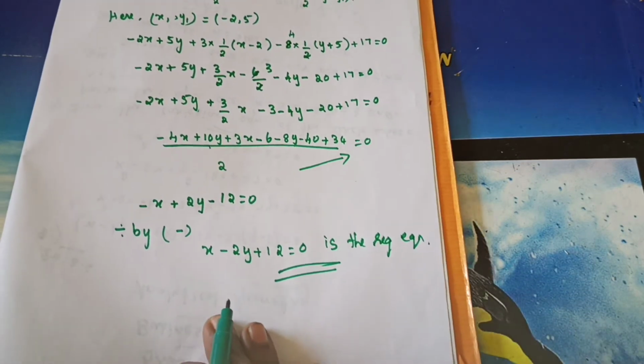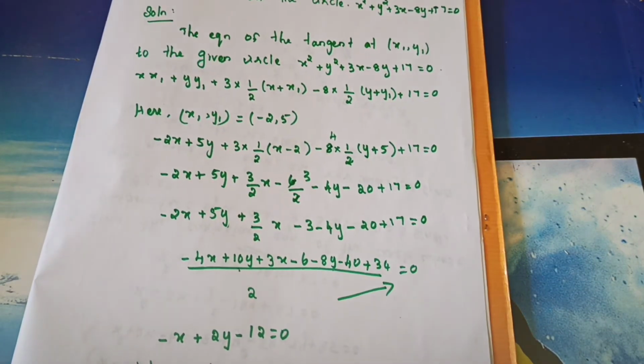Understand? So first day itself I said, if you are very thorough in the formulas of third unit, you will feel very easy this third unit. So each and every formula, please differentiate it. Okay, so equation of the tangent means what you need to do: just substitute it in the formula and simplify that. So understand, students? I hope you got good idea.